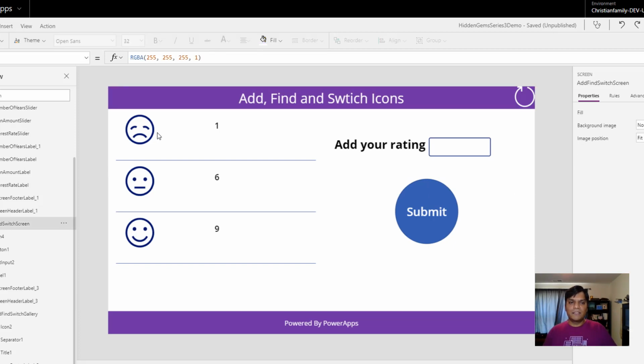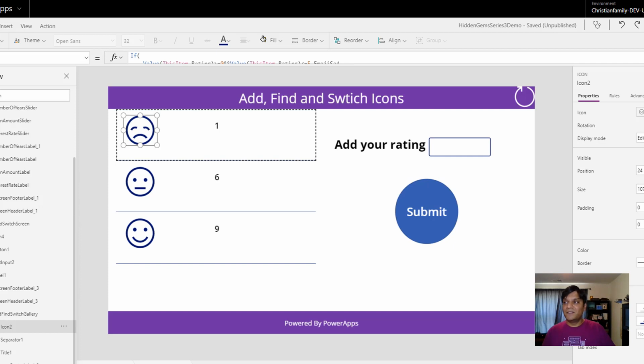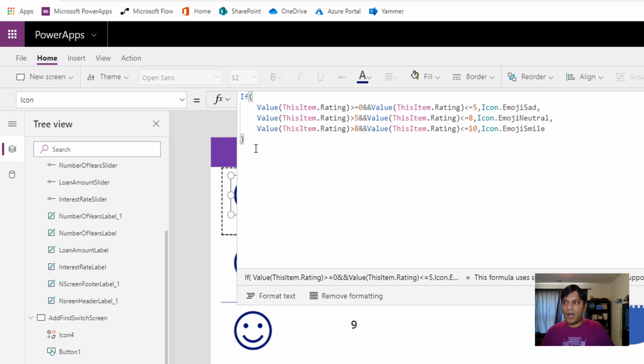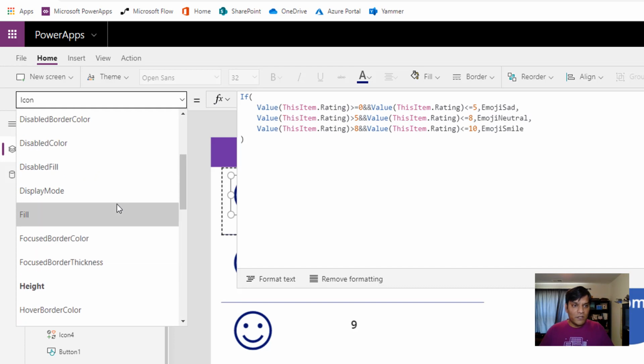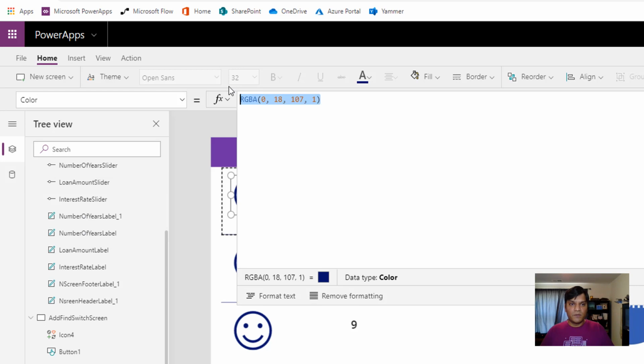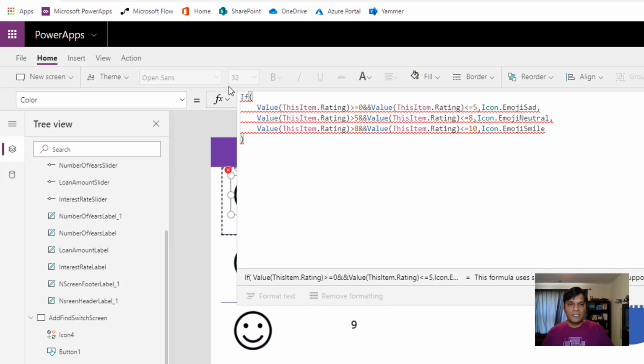Okay, but you know what? That's good, but I want to take it to the next level. So what I'm going to do is I'm also going to work on the color piece. And if you figured this out, the color is almost the exact same. So I'm actually going to just copy this, because watch what happens. I'm going to copy it, and icons, they don't use fill, they use color. So I'm going to take that and drop this in,